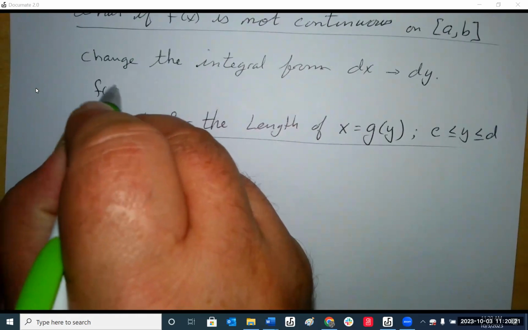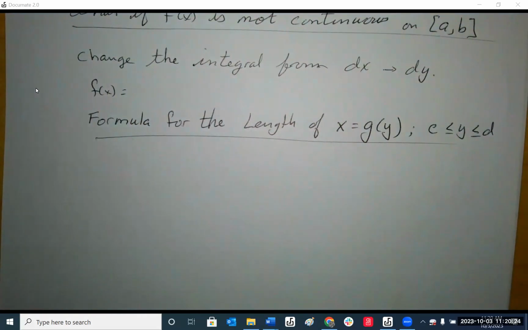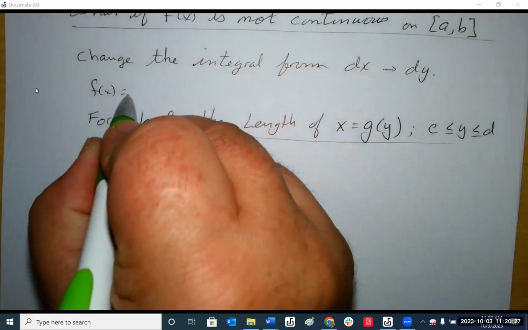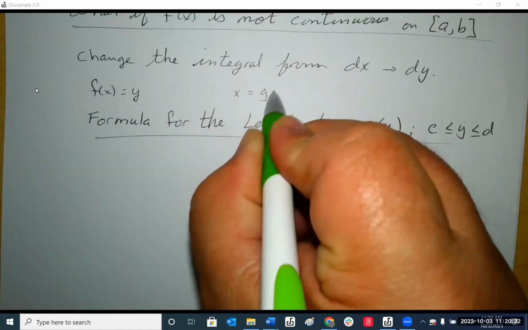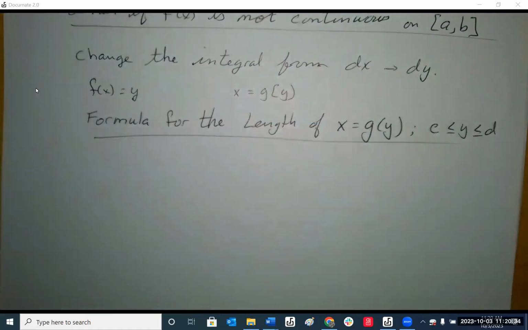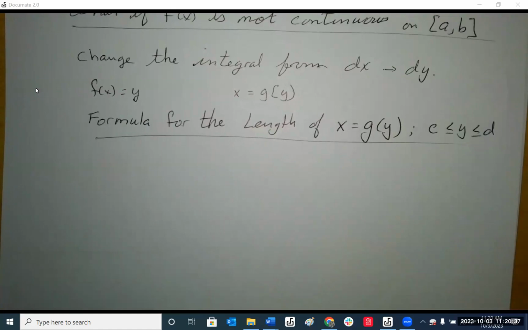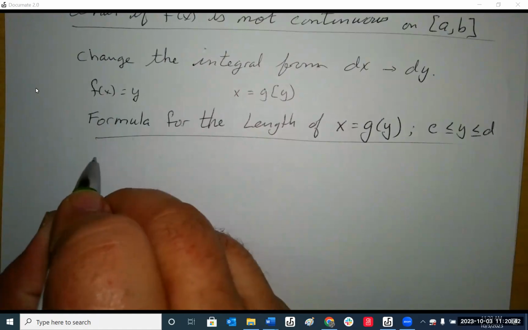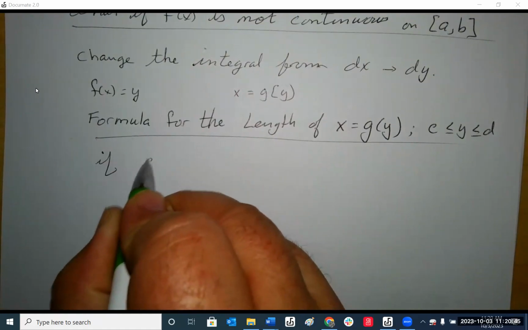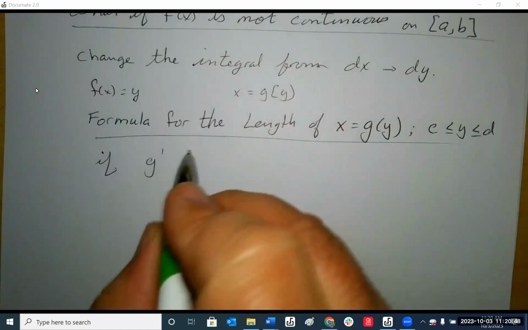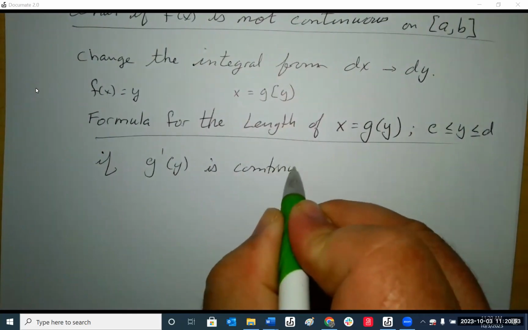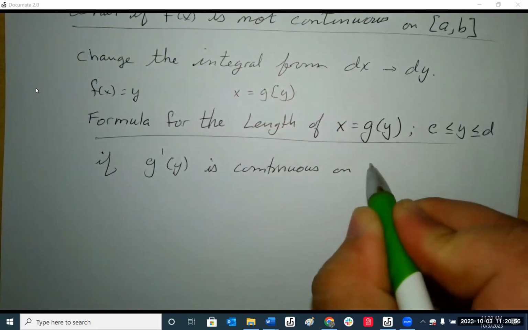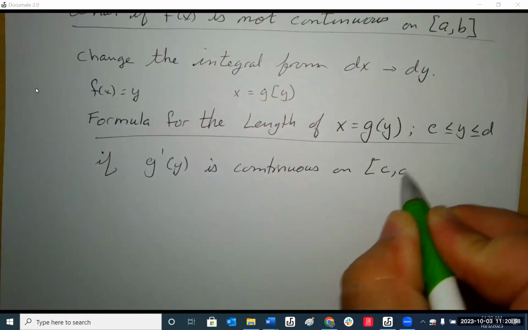Remember, f of x was a continuous function with respect to x. Since we're changing our order of integration, we're now going from x to g of y. And that's why we're using g instead of f. So if our g of y function, if our g function is continuous on our closed interval now of CD,